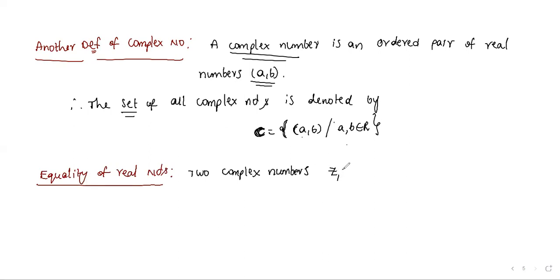Let us assume that Z1 is one complex number, that is a comma b, and Z2 is another complex number, Z2 is equal to c comma d, said to be equal